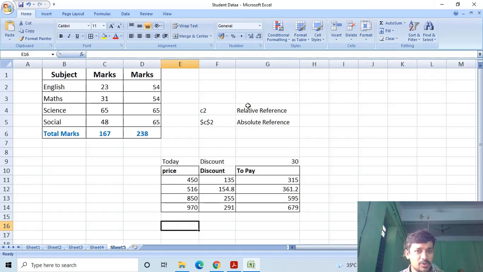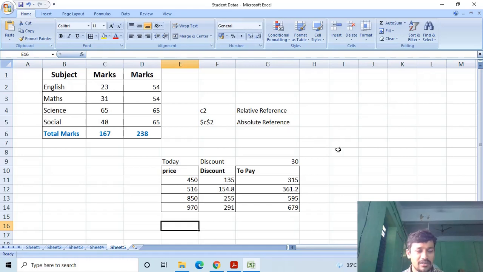We can also use a relative reference and an absolute reference at a time. That is called a hybrid or mixed reference. Depending upon your requirement, you can use the relative and absolute both at a time.